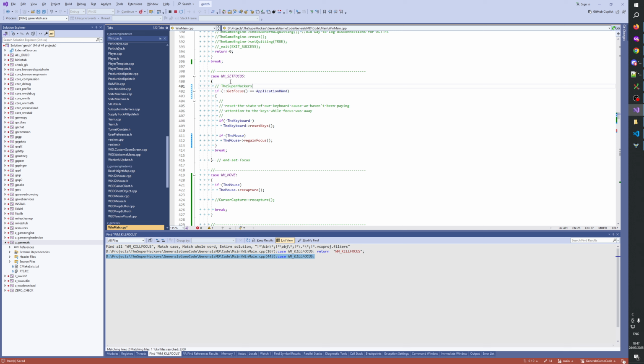So I guess tweak. Make sure this window is in focus.